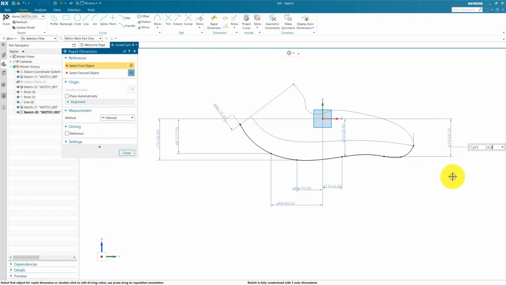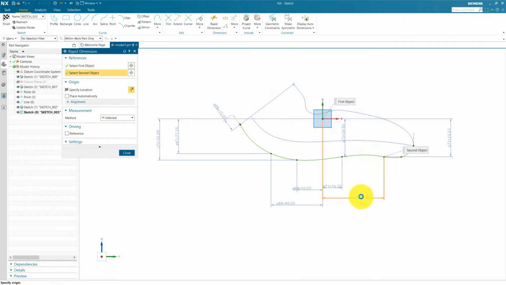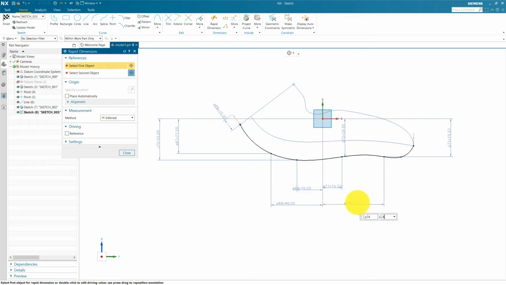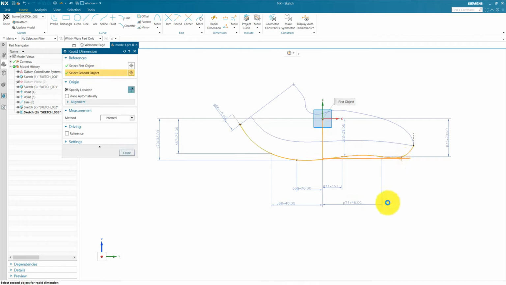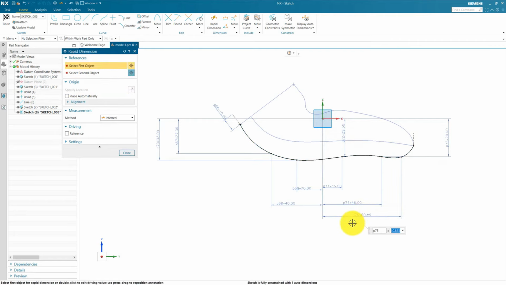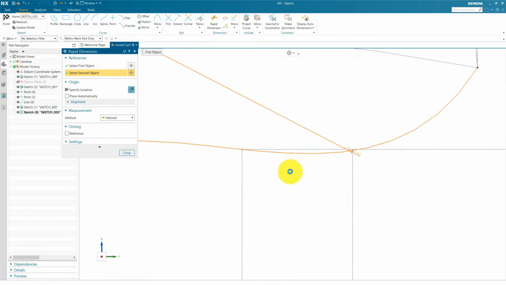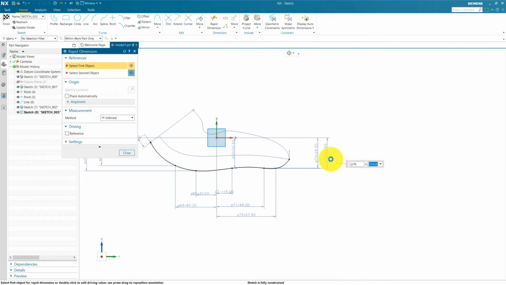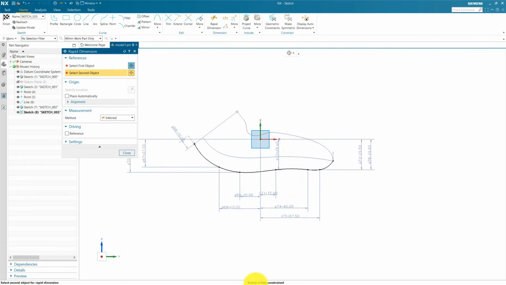This is also 29.5. Six, that is 57.5. Okay, that is 29.5 again. Okay, you can see here sketch is fully constrained,